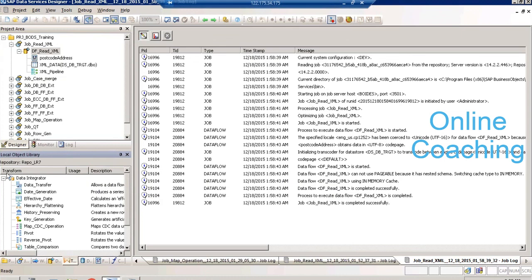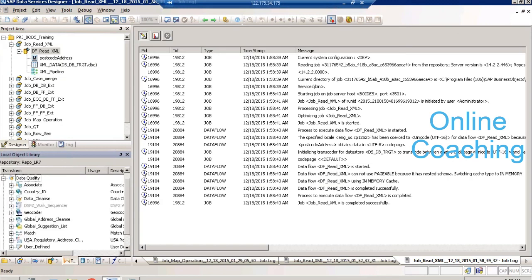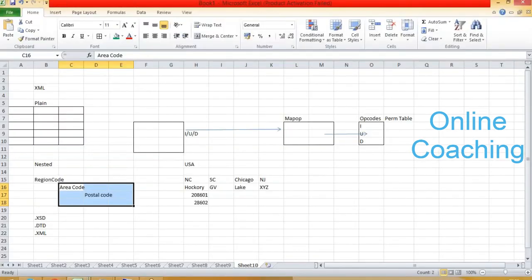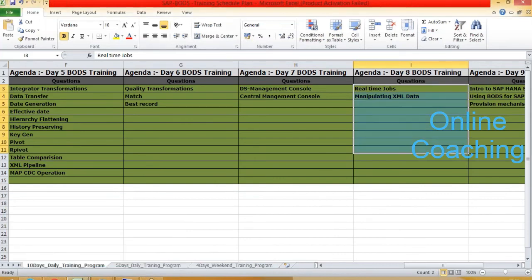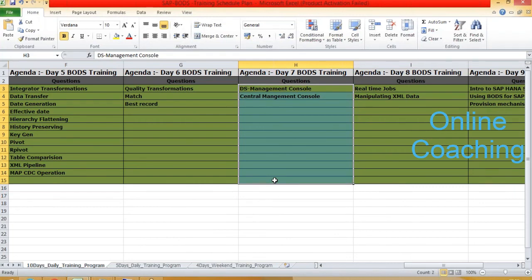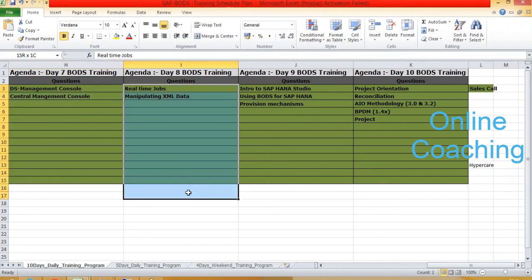We completed the platform, and once the integrator is done, then we will look at one quality transformation called Base Match, which is a free of cost transformation. For the other ones, to work, you need to procure the licenses, and Base Match and best record strategy. And after that, we'll go and look at the admin tools, Data Services Management Console and Central Management Console. How does the administrator work? And after that, we'll go and look at the real-time jobs, manipulating the XML data in